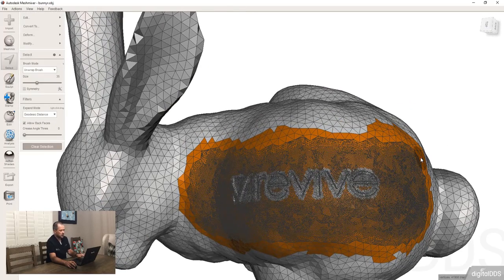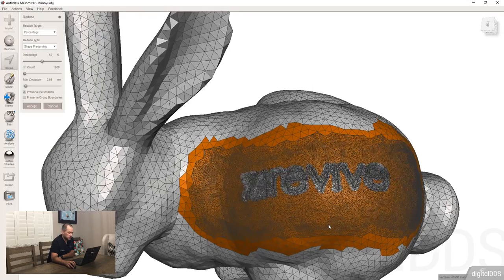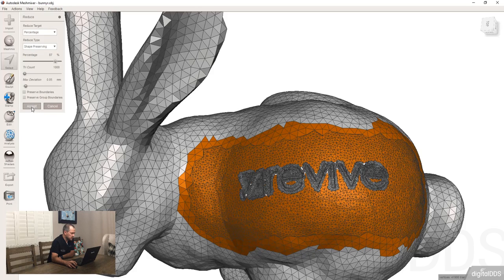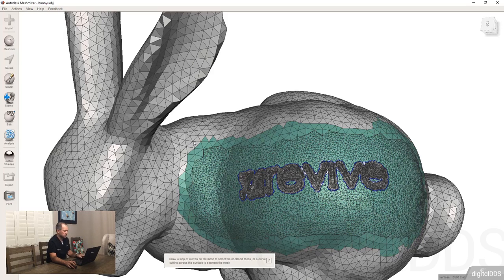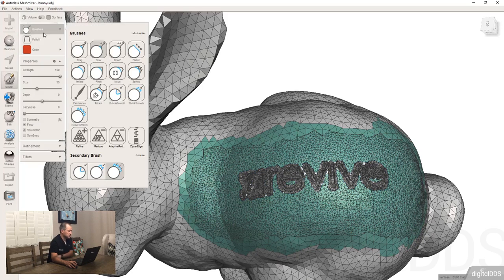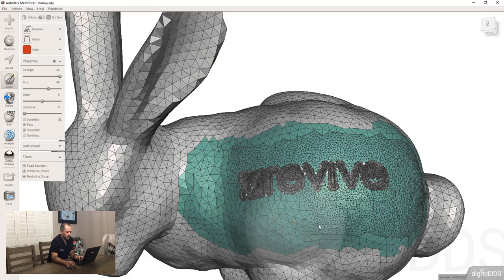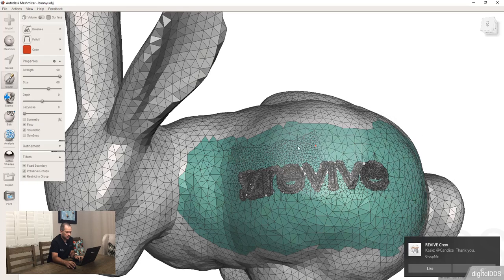We'll try using our reduce tool and see if we get what we're after. So we'll hold down Shift R for reduce, and don't need to preserve. Kick the percentage up. The other thing that you can do, I'm going to hit accept. I'm going to create a face group, and you can come into the tools we just learned, and you can go into this one that says reduce, and under filters you can say I want to preserve, I want to keep it in the group, and then you can come through here like this, and you can see that we've effectively